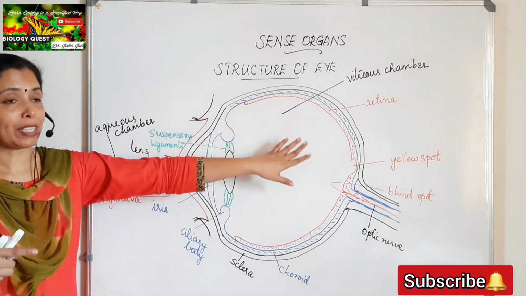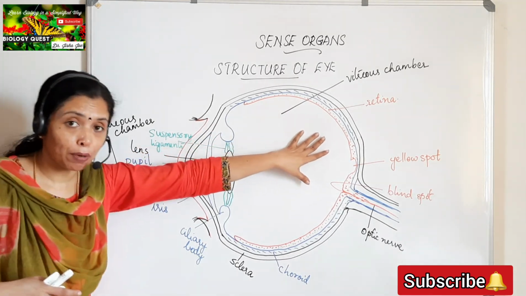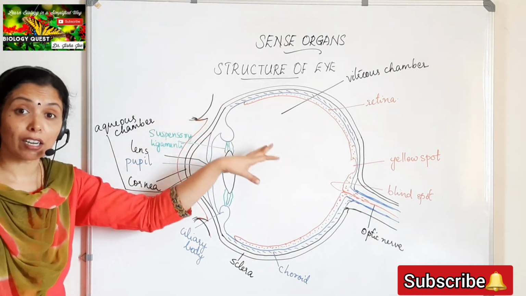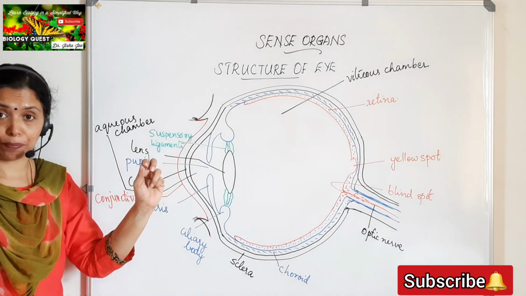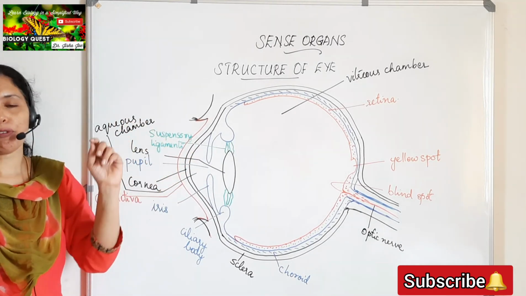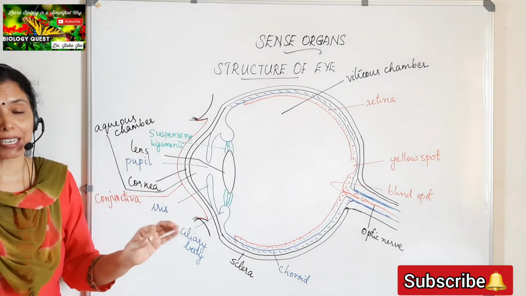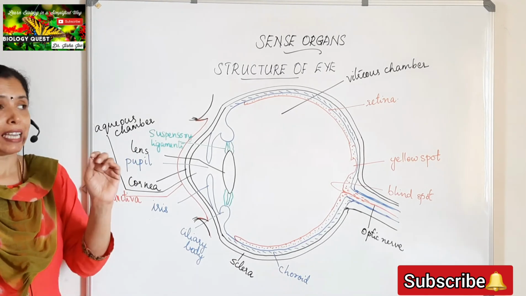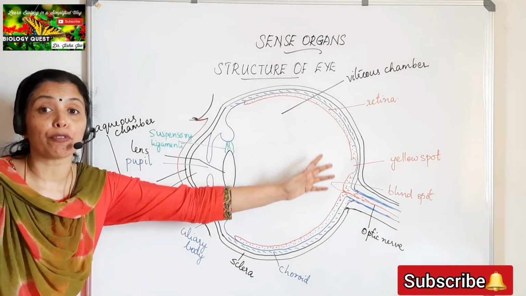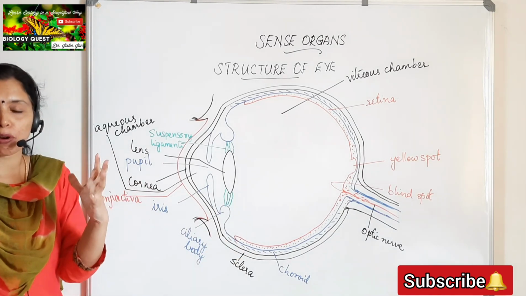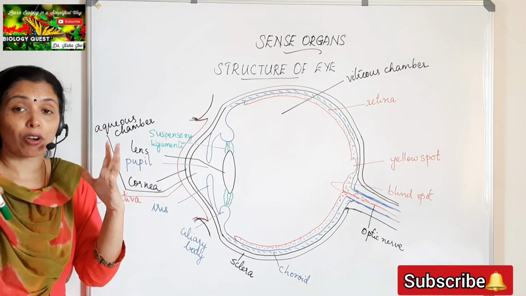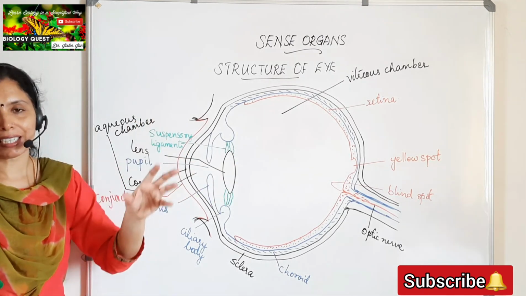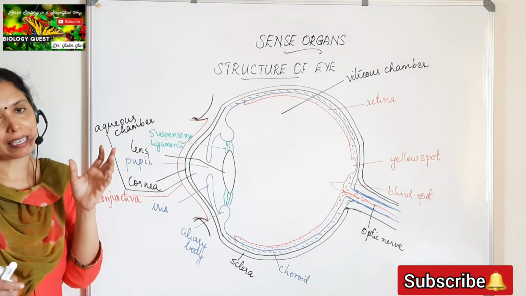Now when we move on to the vitreous chamber, I told you the vitreous chamber also has a fluid, but this fluid is a little bit jelly like, thicker fluid, unlike the fluid that is present here. Okay, it is a jelly like thick fluid, and it is called the vitreous humor. And here again, the vitreous humor also has two functions. It helps in keeping the shape of the eyeball. The shape of the eyeball is maintained due to the presence of vitreous humor, which is a thick jelly like fluid, which is again transparent.